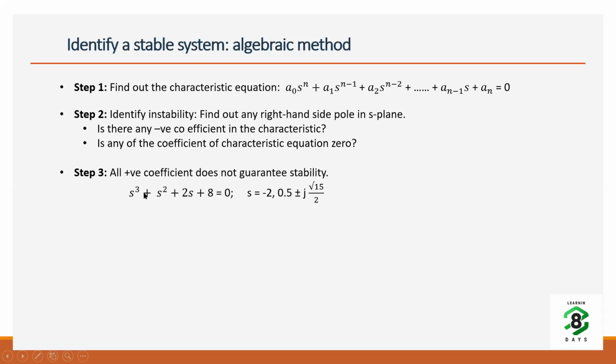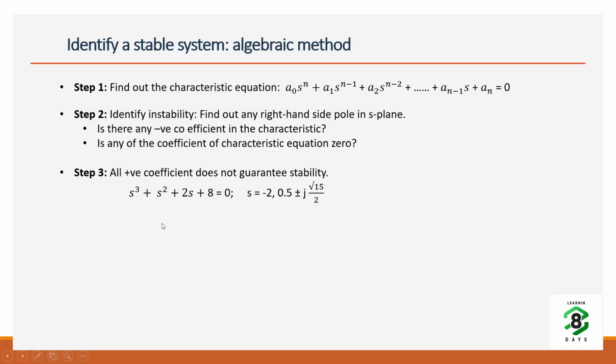So what I said is that if all coefficients of the characteristic equation are positive, it does not guarantee that all roots are negative. That is true only for a second order system. If the system order is greater than or equal to 3, it does not give you any guarantee. I can give you one example: s cube plus s square plus 2s plus 8. One root is at -2, so one root is on the left hand side, and you have two complex conjugate poles on the right hand side with a positive real part. But it has all coefficients positive, right? This is a classic example. So we cannot say that if all coefficients are positive, all poles are on the negative side. That condition is not true.